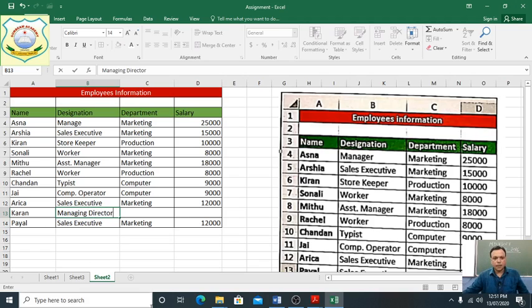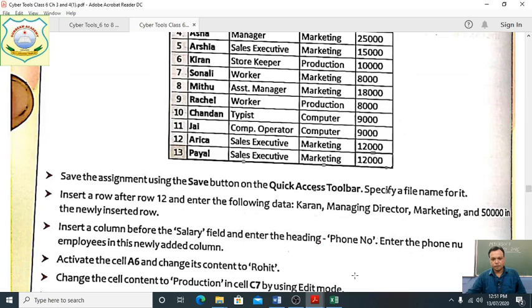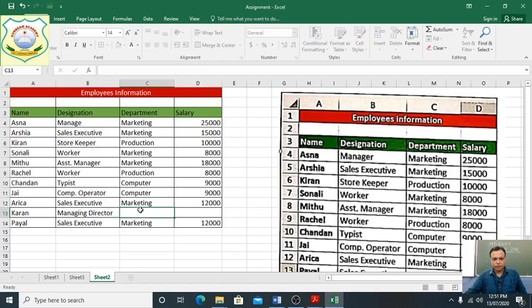Next is marketing. Just as we write the M, Excel will check whether the same word is given anywhere else, starting from M. So from M there is marketing.